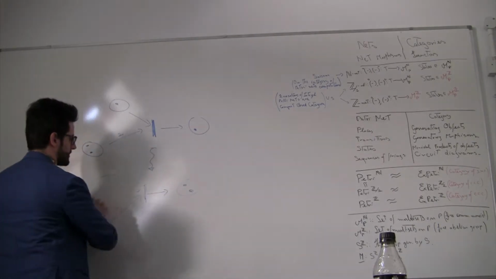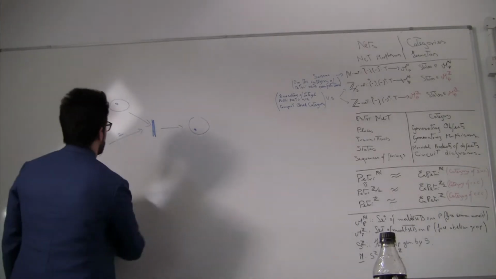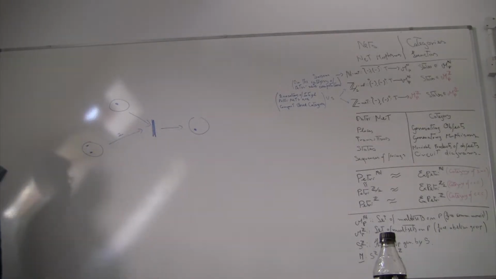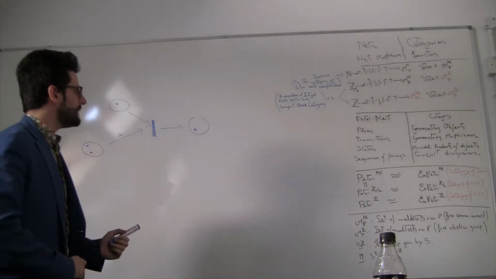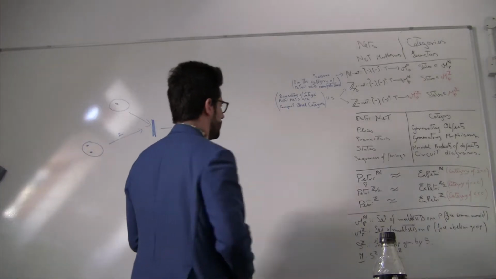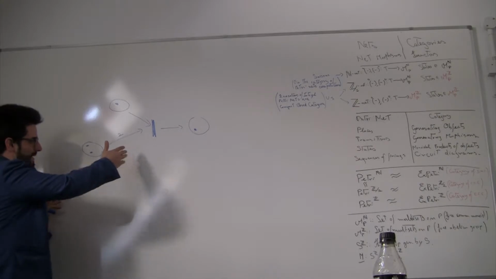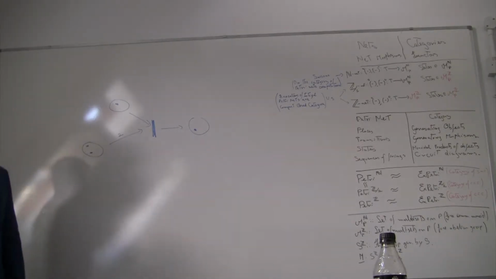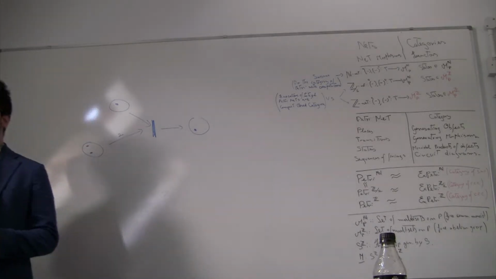But the idea is that you want to create a category that describes how the computations of Petri nets happen. Basically the result that they found is that the category of Petri nets and their simulations, which I will define in a bit, is equivalent to a category of symmetric